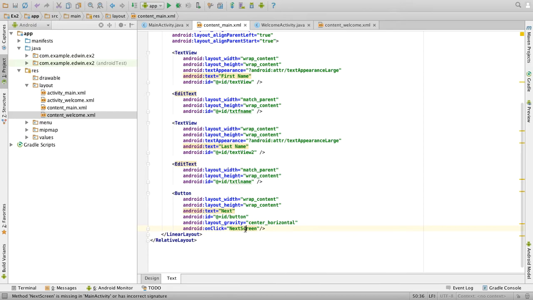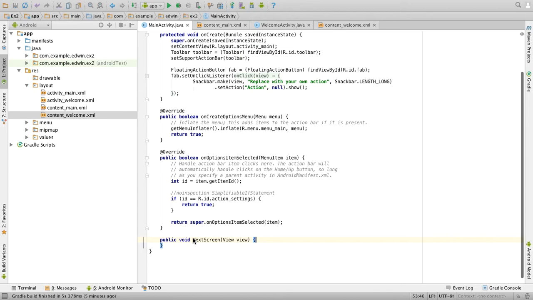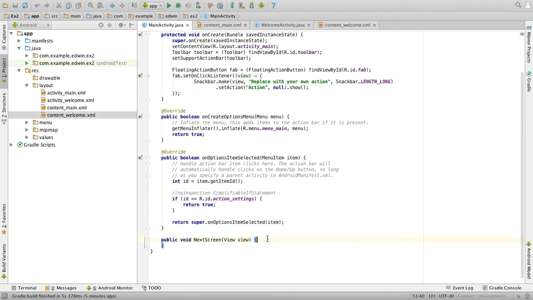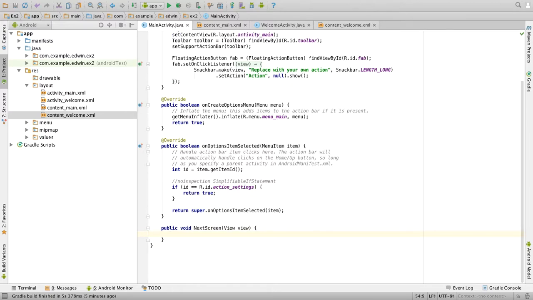So click anywhere inside this and go to the bulb symbol here and click create nextScreen(View). So this should be available. Click on this, it will automatically create the code for you. Here we are going to write the code now. The first line is creating an intent.